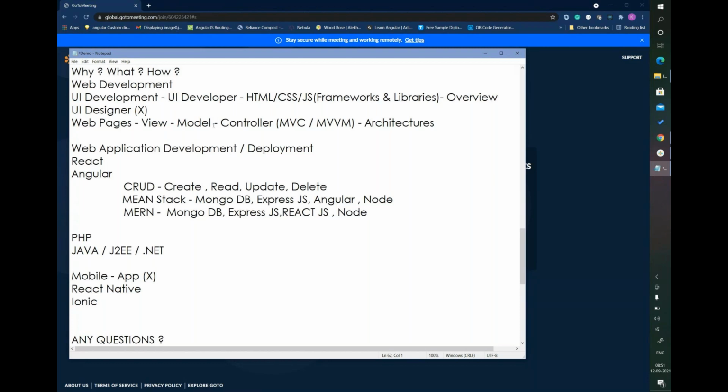So whether you are doing it in Angular or React, you need to implement the basic operations like CRUD, which is creating the data, reading the data, updating the data, and deleting the data. These are the core operations in every application we'll be doing. So other than these four, we don't have anything else, right?